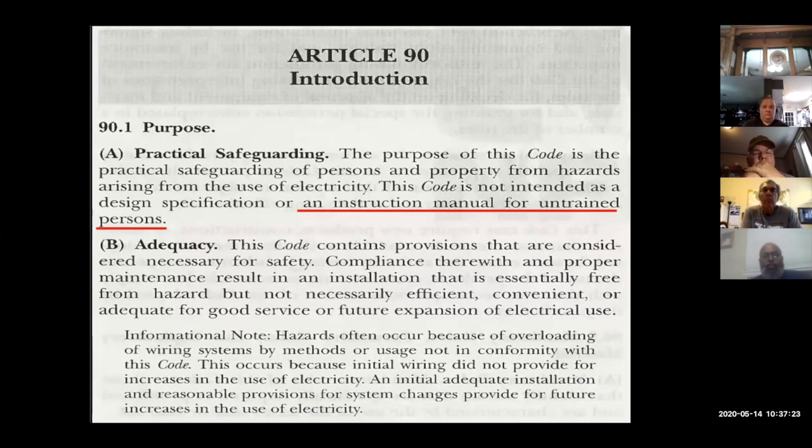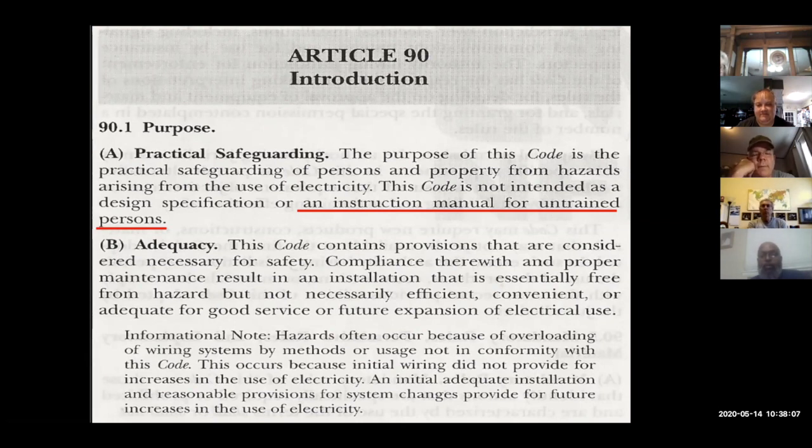Now, let's look at the code. I know sometimes you have codes and sometimes you don't, but especially taking a look at them and reading what it says. So I want to do some reading, and we're going to have to do it pretty quick, but this is the purpose of the code, 90.1. Look at it real close. This is what we're out here about. The purpose of this code is the practical safeguarding of persons and property from hazards arising from the use of electricity. This code is not intended as a design specification, even though we use it for that, or an instruction